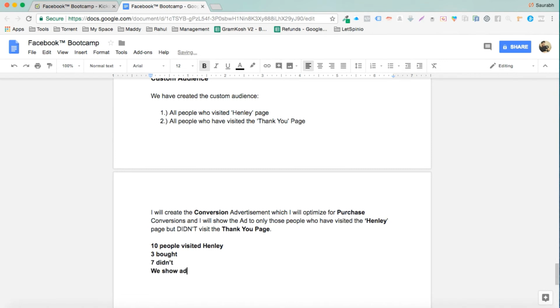We show ads to those 7, right? So what we have done is we have created this audience which is the Henley page audience. We have created this audience which is the 3 who bought, which is the audience which visited the thank you page. So ultimately the ones which are left are the didn't ones, right? So we are going to show the ads to those people, right?